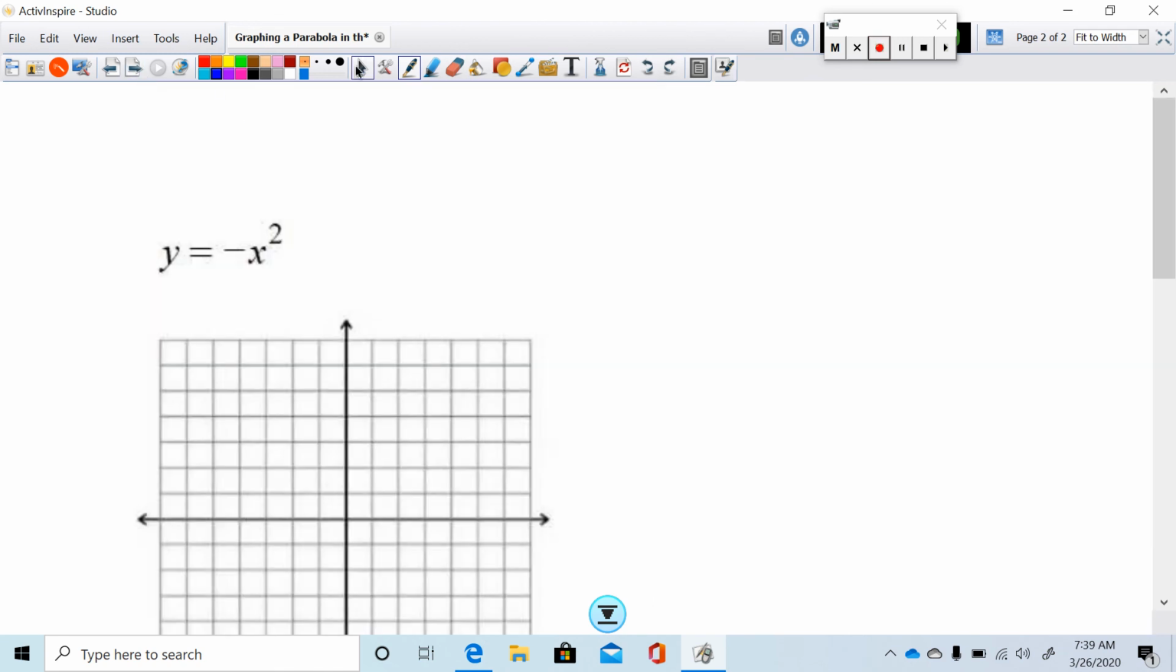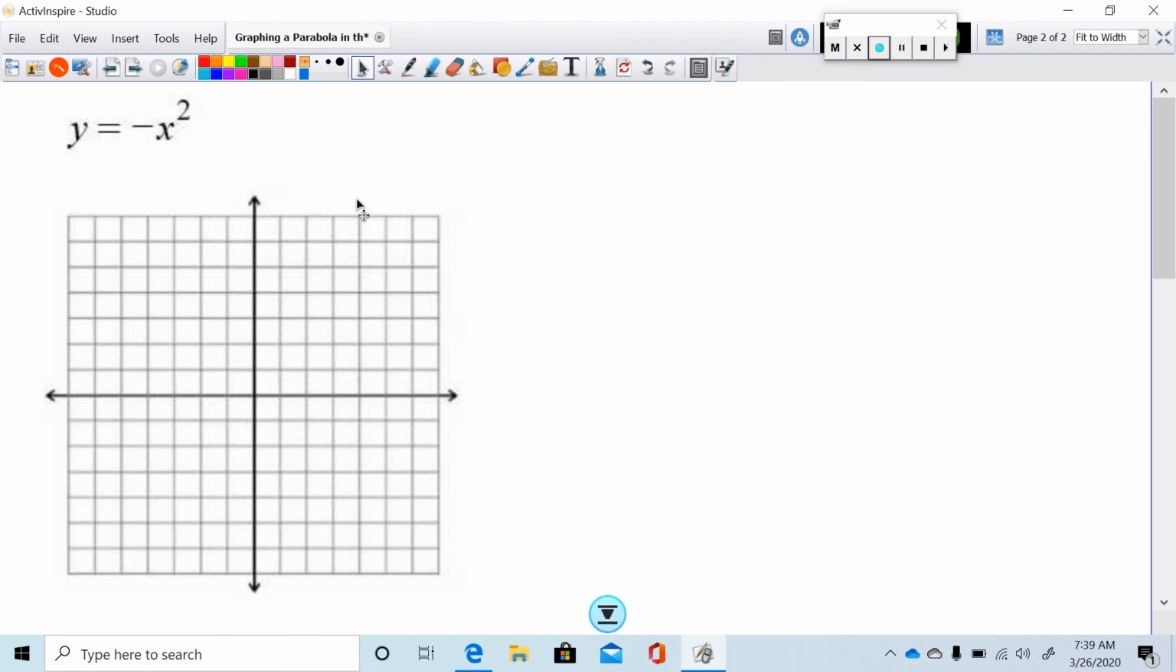Okay, the next one, y equals negative x squared. Now you have to be careful on this because the negative is not being squared. It's only the x value that's being squared. So that means all your answers are going to be negative once you calculate them. So the vertex,